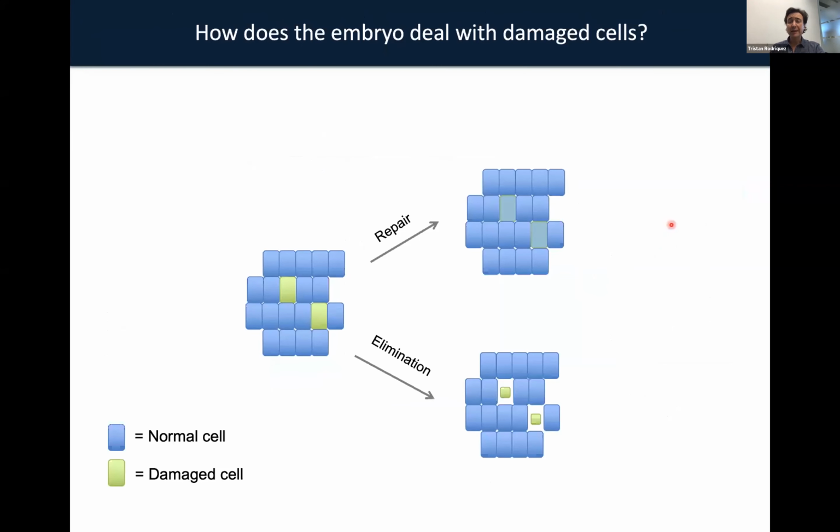So if you think about the types of damage that are likely to emerge during development, there are two possible outcomes that immediately spring to mind. The first is that there's an attempt to repair this damage. The second possibility is that if this damage passes a certain threshold, this would lead to cell elimination. However, what I'm going to try to convince you about today is that this outcome is not necessarily predetermined and depends to a large extent in many instances on the type of damage and on the behavior of neighboring cells.